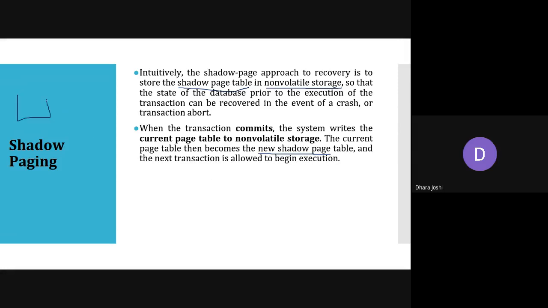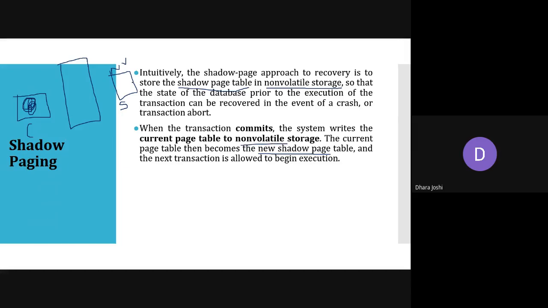That means previously we have this as a current page table, we have the disk, and here is a shadow page. So whatever changes we are making, this shadow page will already be stored in the non-volatile storage, and whatever changes we are making in this current page table, we also need to store into the non-volatile storage.